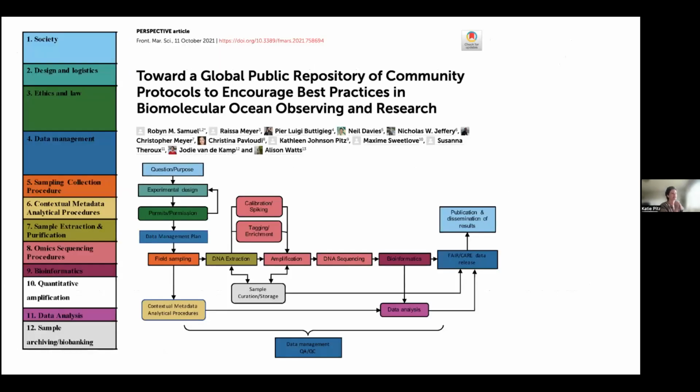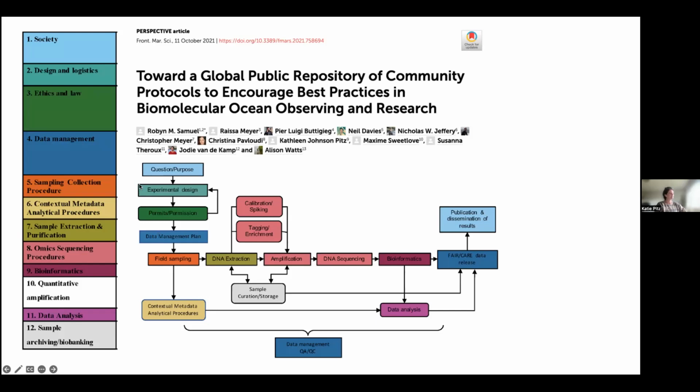And so just to talk about some of the work that we've done since 2020, as a group, we came together and tried to think about a better infrastructure for sharing omics protocols. One key idea we came up with was splitting up a study across protocols for different components. So here, this is a meta-barcoding pipeline where you have your experimental design, your permits that you had to get for actual field sampling, and then all your lab work, bioinformatics, data analysis, and releasing the data.